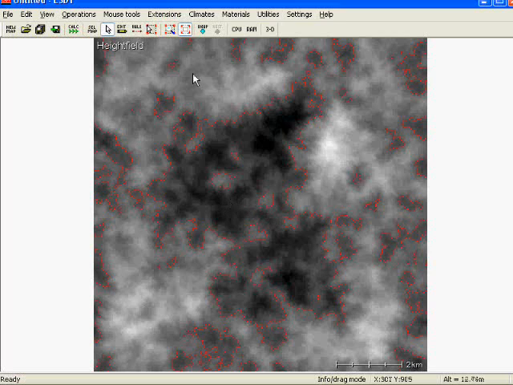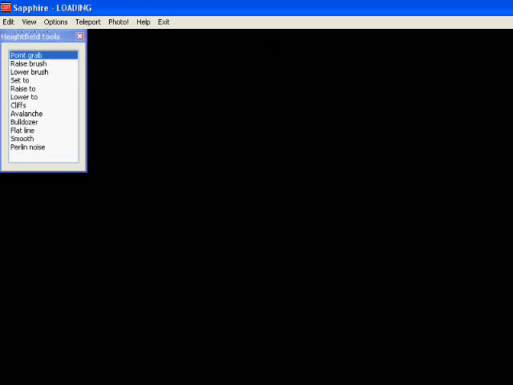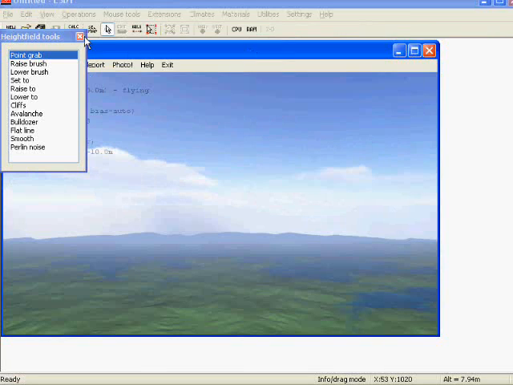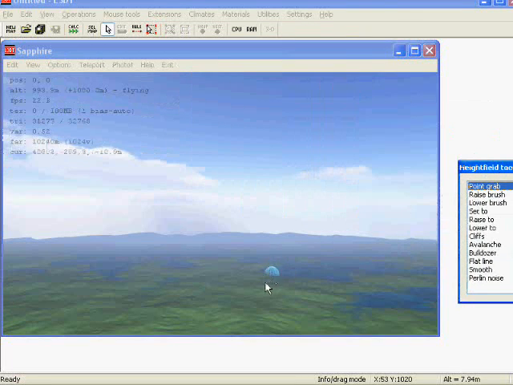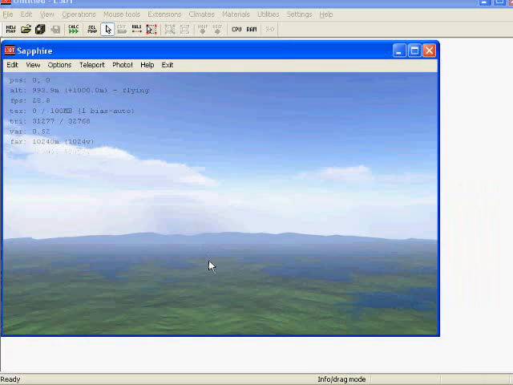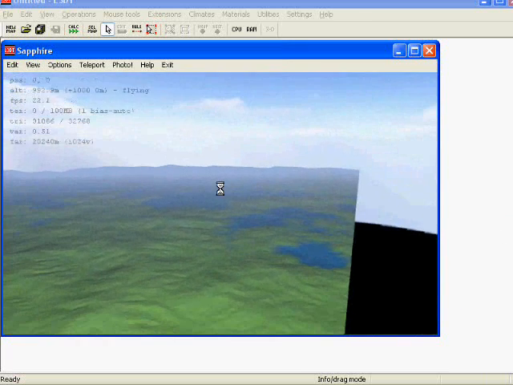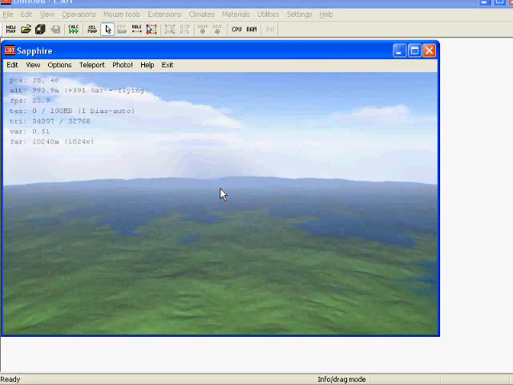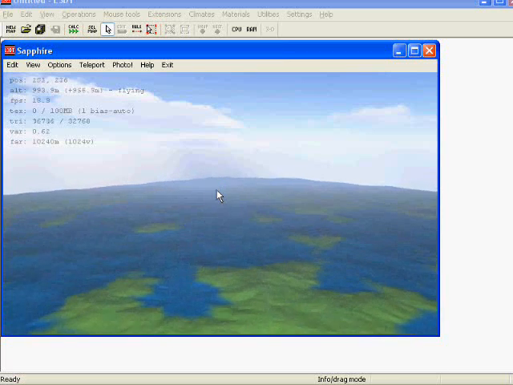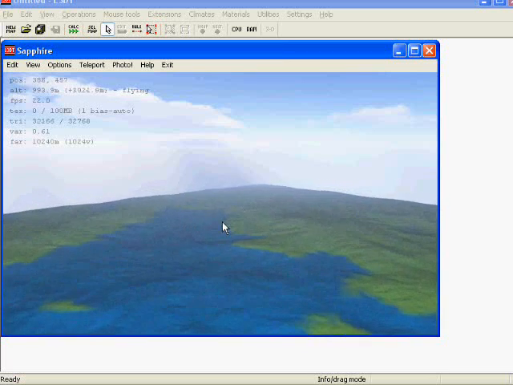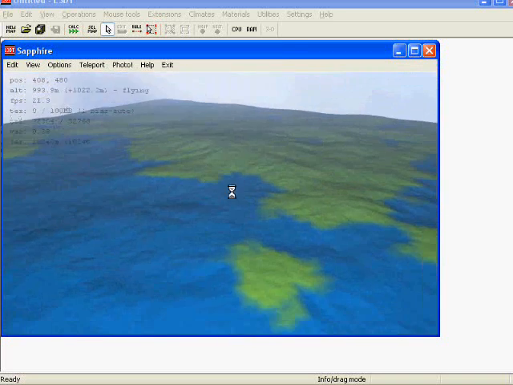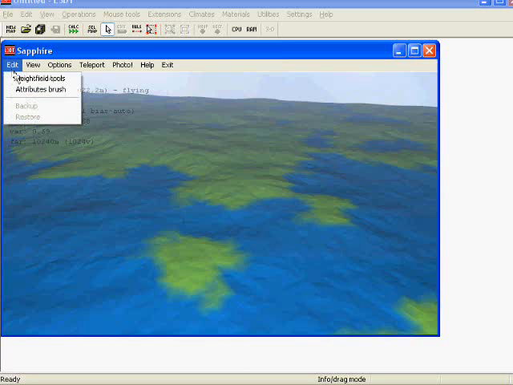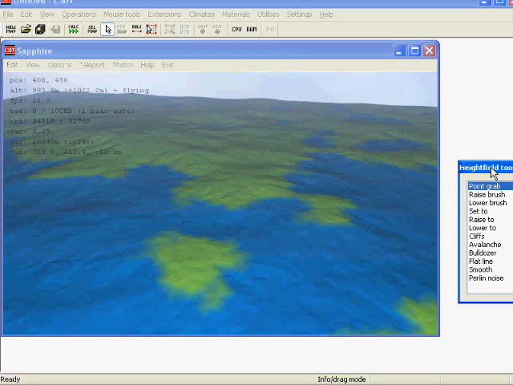One other thing to show you right now, if you click Edit while you're on the height field, we're actually going to launch a program called Sapphire, or a window called Sapphire. I'll reduce the size of the window here. It is a 3D preview of our world. In fact, I'm going to close that height field tool. I can click with the right mouse button and glide around, and I can move through the world with WASD keys. It's a preview of the layout of our lake, and it's pretty neat. Also, while you are in Sapphire, you can edit. Now, if I click Edit, Height Field Tools,